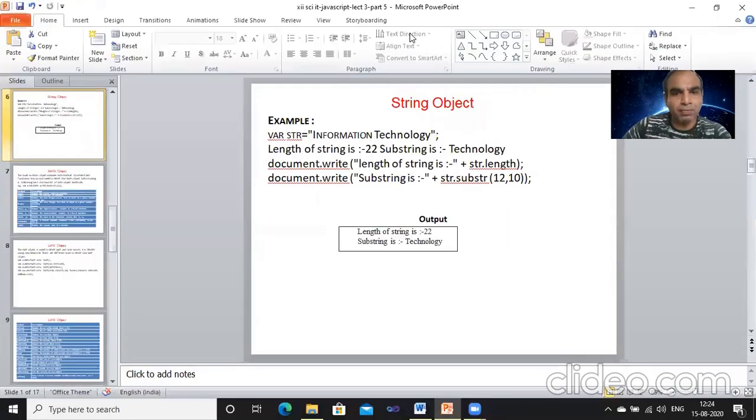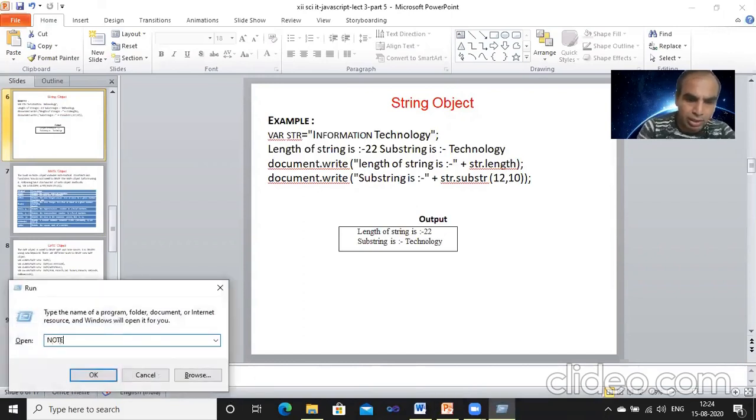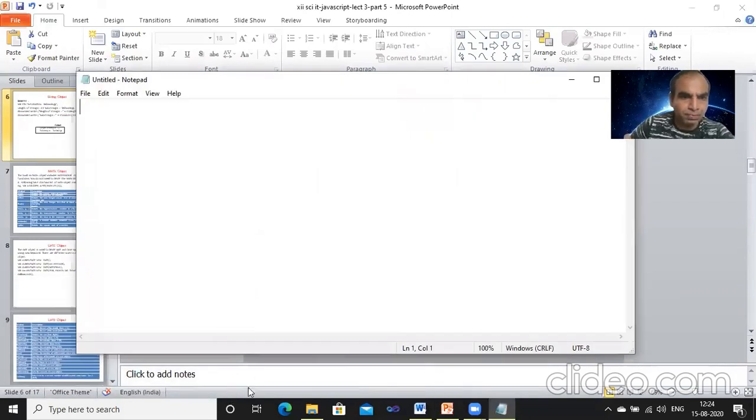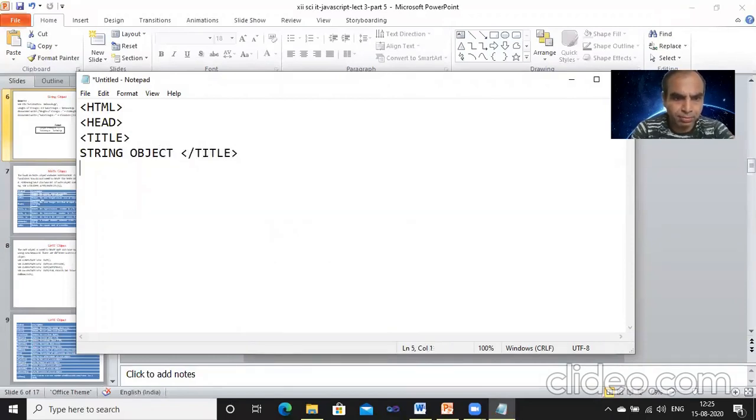We will see this example in Notepad. Actually, I show the example using Notepad. See, now I open the Notepad window. I write there HTML, head, title, string object, close the title, close the head, body.